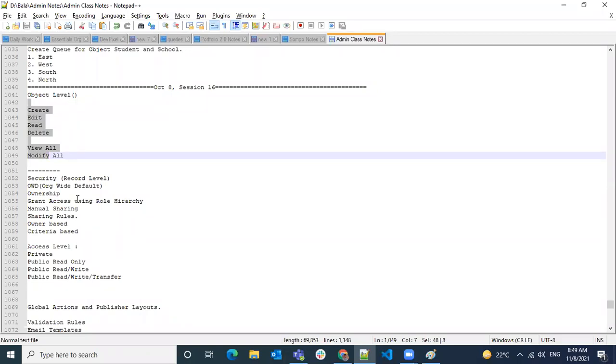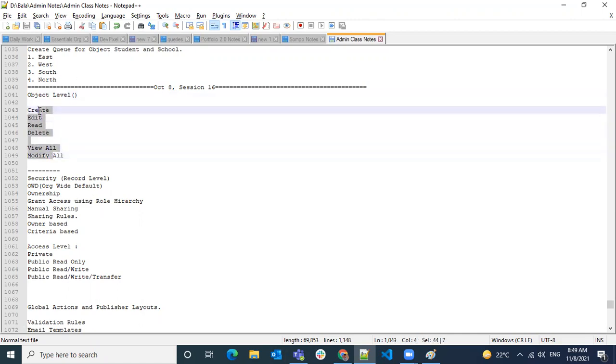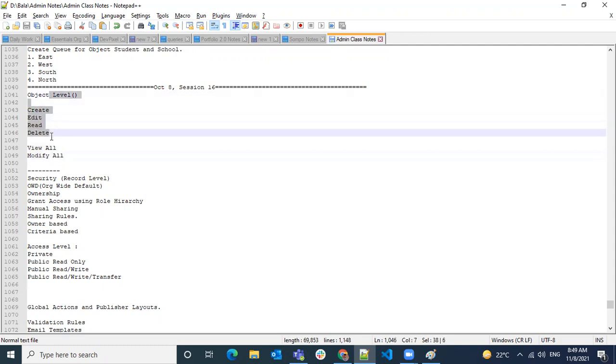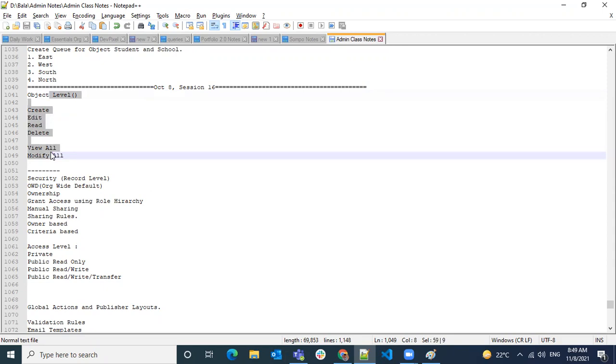He's saying, I don't see any record, I don't see any object itself. How can I access? There's a possible scenario. Once you give read access, immediately they will see the 10 records. So this is the permission on the object, whether you have a key or not. Once you have a door key, then only can you see the internal walls or glass windows.